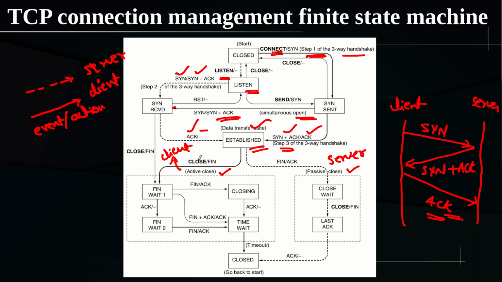And from the client side, how it will be initiating the active close, it is by making the system call close. On the background, the system call close will be sending a FIN packet to the server side. So this is our client and this is our server. Now from the client side, it sends a FIN packet to the server. So as soon as it is reaching at the server side, see this what is happening at the server here.